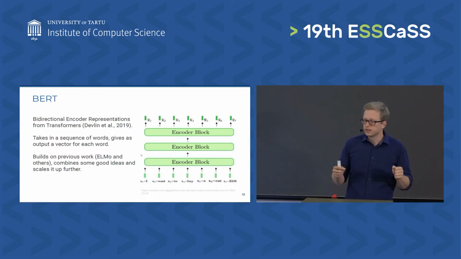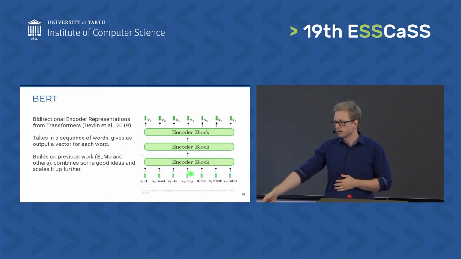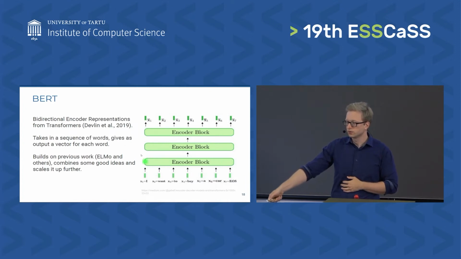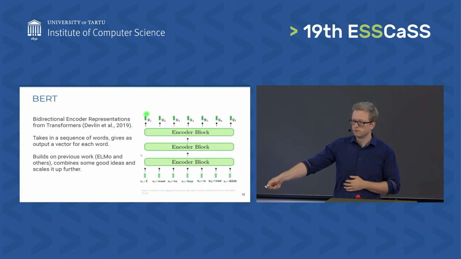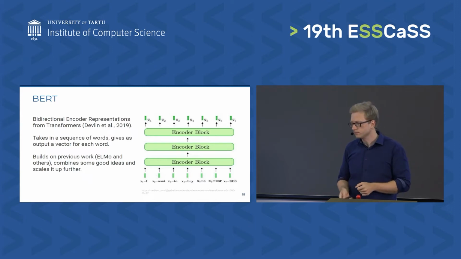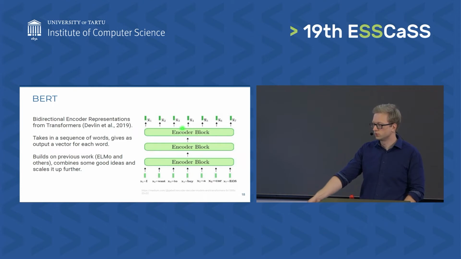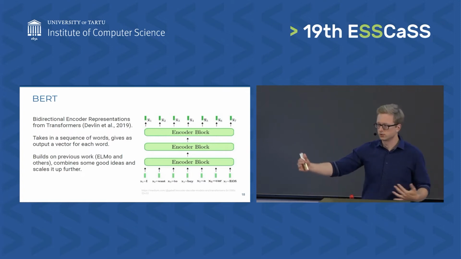What it does is it takes a sequence of words as input, then it has a bunch of these transformer encoder blocks, and it gives as output a vector for each word that was given as input. Each of these vectors are now contextual representations for that word. So let's take a bit of a look inside to see how it works. If we zoom into one of these green blocks, we have 3 green blocks here of the transformer blocks. Normally in full models it's more like 8 or 12 layers or even more.